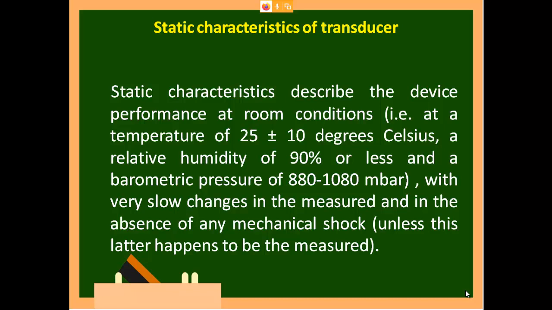And the characteristic where it goes from 0 to maximum scale, going on in variation, you call dynamic characteristics. For example, when you want to measure an earthquake, the instrument which you use is going to record the vibration, and that equipment will be constantly moving. So that characteristic we call dynamic characteristics. Okay, so that is the difference between static and dynamic.